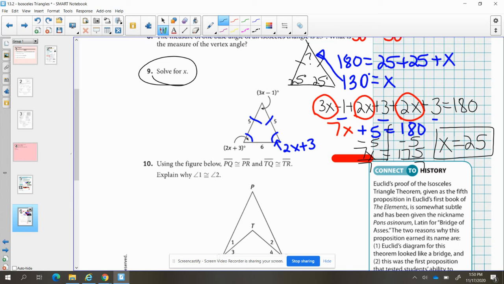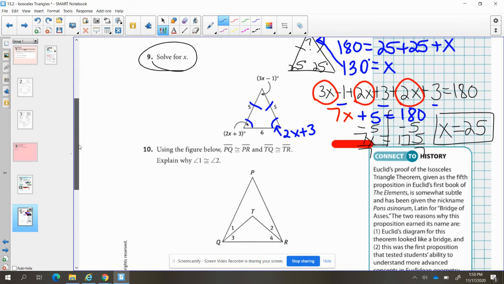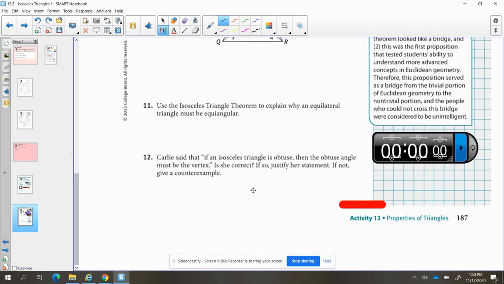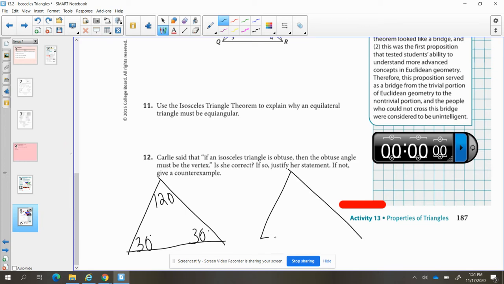Now at the bottom here, they're saying if an isosceles triangle is obtuse, that angle has to be the vertex angle. Is this person correct? Well, the answer here is yes. If we pick an obtuse angle like 120 degrees, we know that each of these can be 30 degrees. But if we have an obtuse angle and we try to make it the base angle of an isosceles triangle,